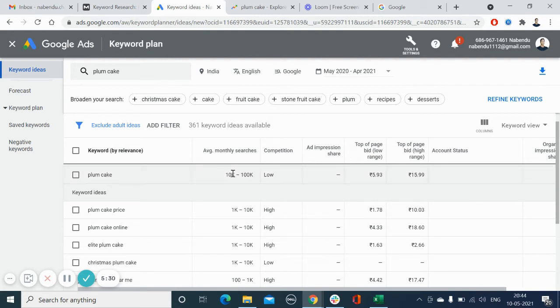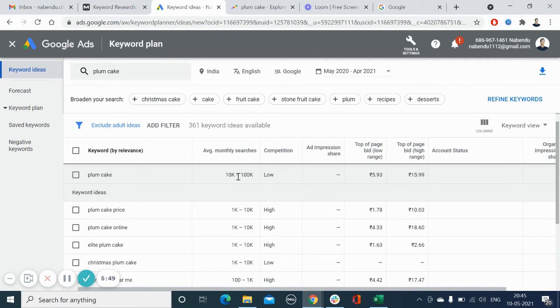So 10,000 to 100,000 searches, and the good thing is the competition is low. What we want to find out is keywords that have a high number of searches but a low number of competition. So this is a perfect keyword for us.